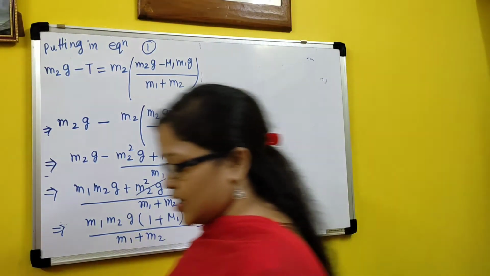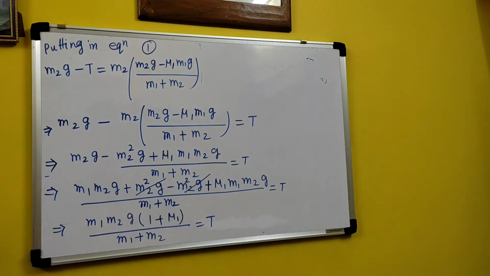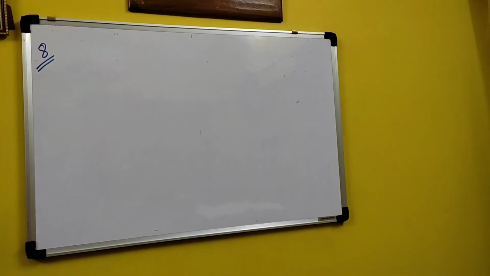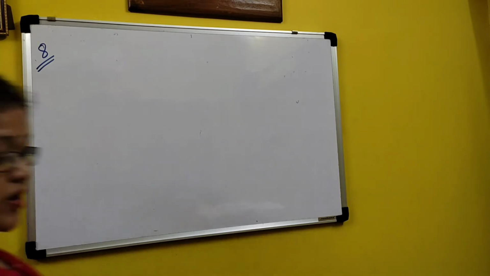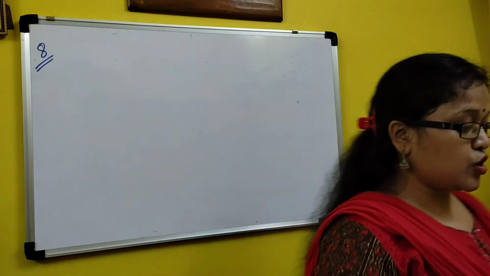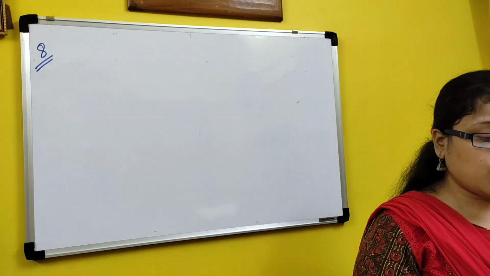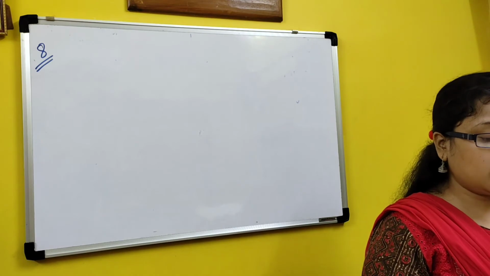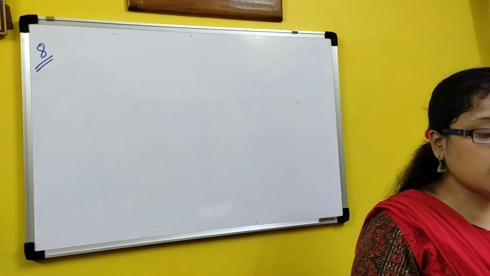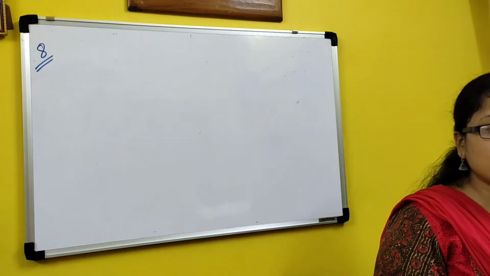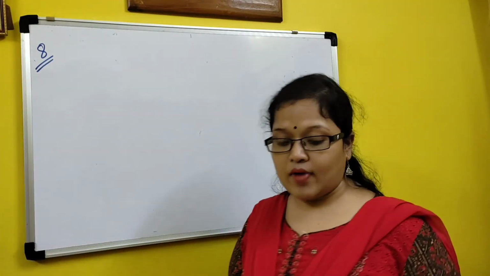Okay, so this is the next part. As you said in offline classes that one sum remains, question number 8 from the worksheet, so I am continuing with that. The question is that the force required just to move a body up an inclined plane is double the force required just to prevent the body sliding down it. Find the angle if the coefficient of friction is 1 by root 3.